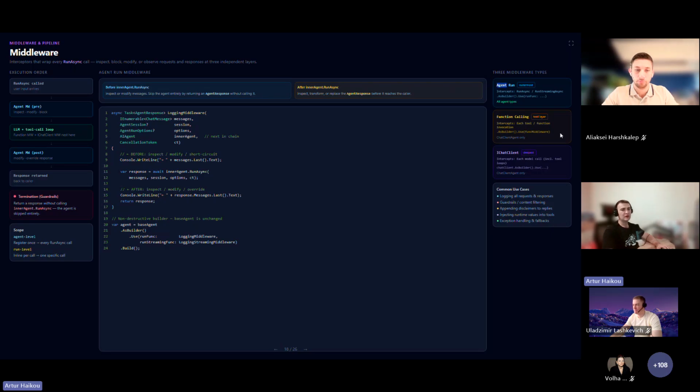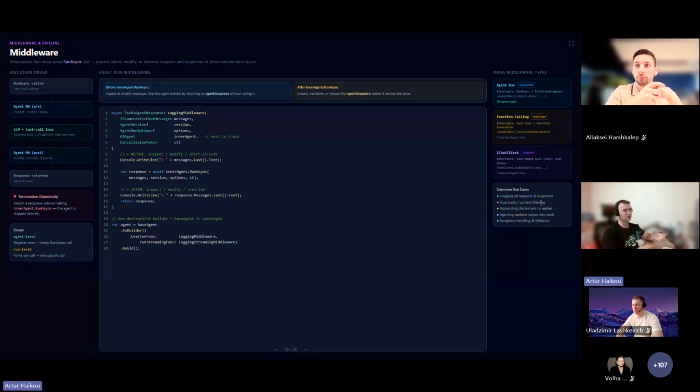It means that when we call the agent, the middleware will handle this request and response. But also you're able to specify middleware on the function calling level. It means that every call to a function will be wrapped by middleware in order to understand and handle the request and response.